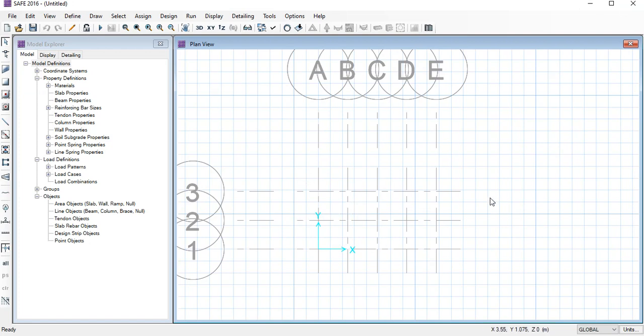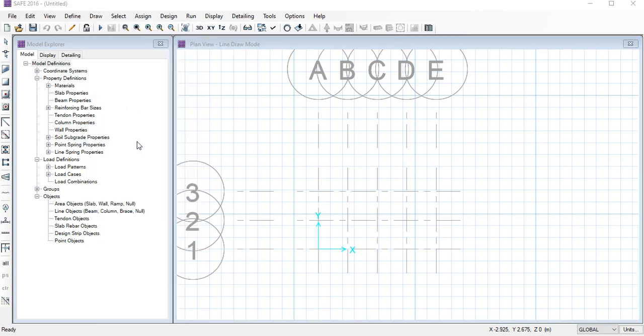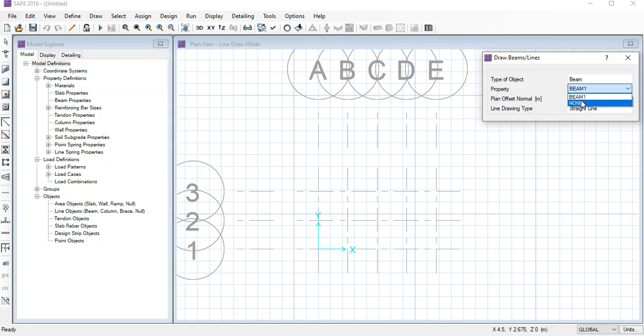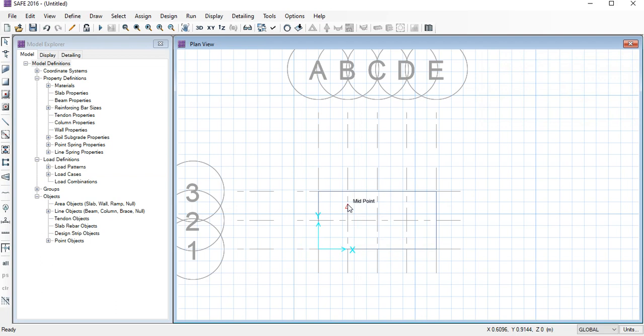So first, after making the grid, you need to go to the Draw option, and here is the Draw Beam or Lines option. So we will click here, and after that here is the beam, but we do not need to click on the beam option. Here it is None because we want to draw only this line. So we will start from here. According to this way, you can see we are deciding these things. That means we have made all the things, that means the dimension of the pile cap.